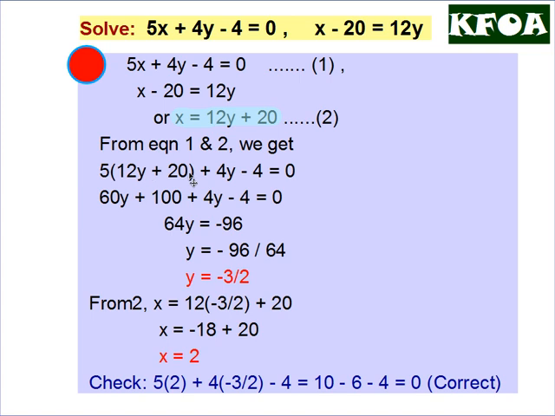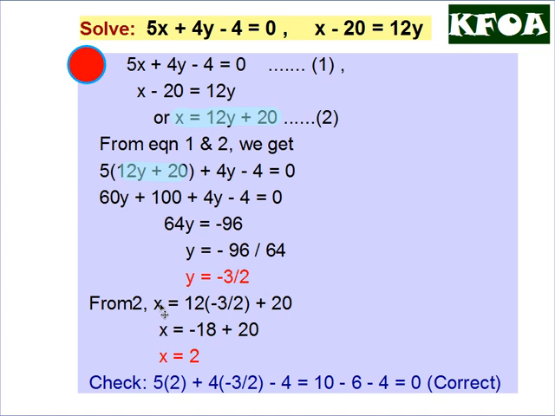This value I have substituted here. So you can easily get it. So when you substitute this value, this is the value which I have got. And now you open the bracket. So when you open the bracket, you will get 60y plus 100 plus 4y minus 4. Linear equation, easy linear equation, in 6th standard also you must have done. So like terms you add, 60 and 4 is 64y and is equal to 96, and we got y equal to minus 3 upon 2.